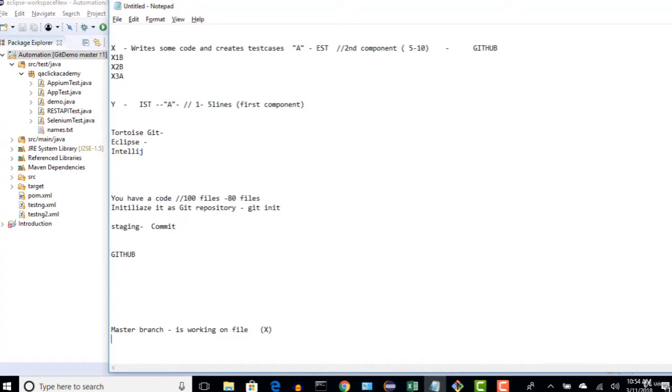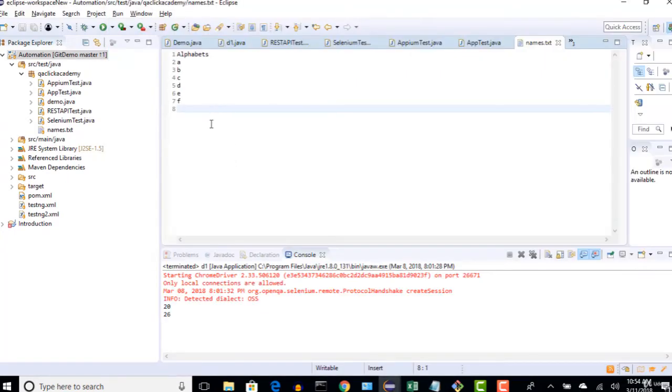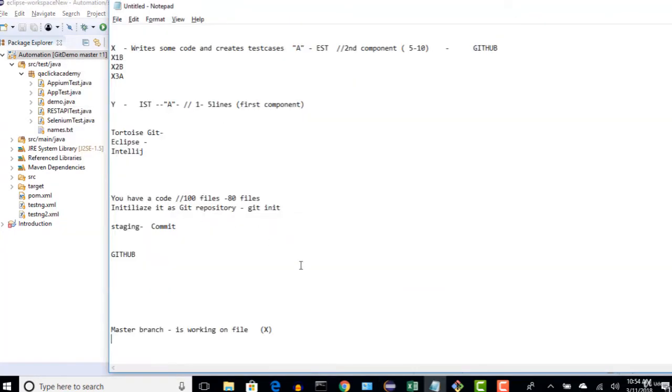He asked for help from Y to continue developing this names.txt file. Both these guys are working parallelly on a single file, just to share the work.